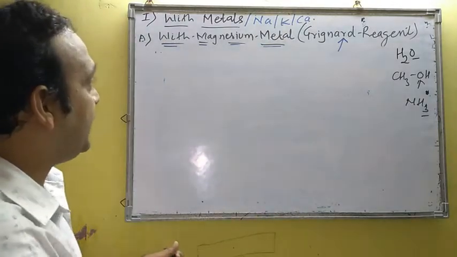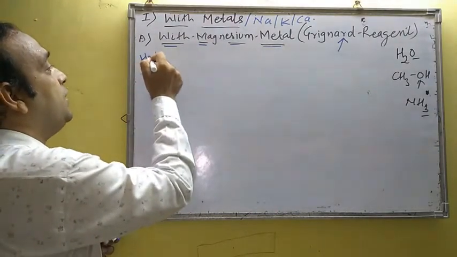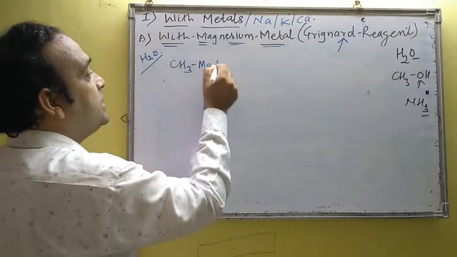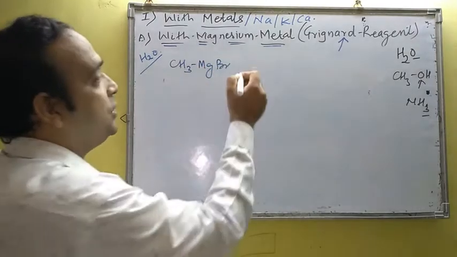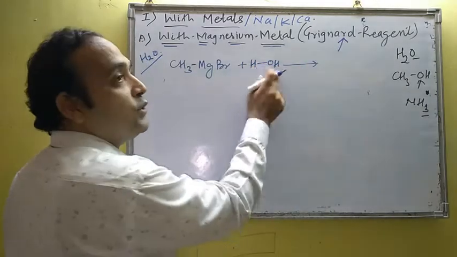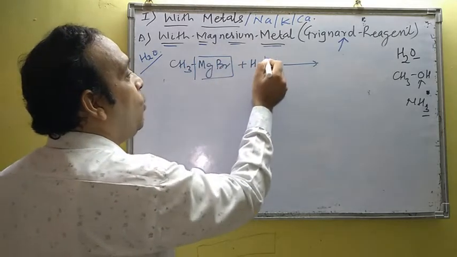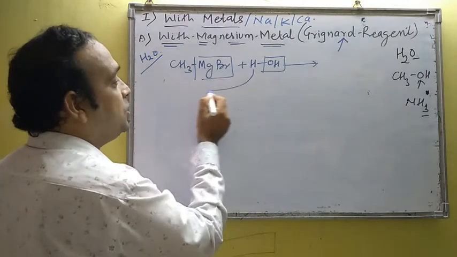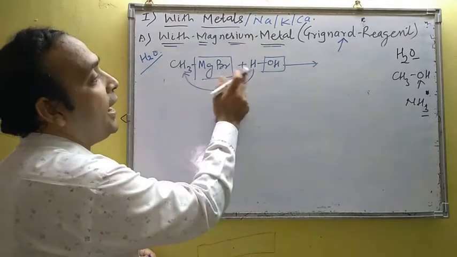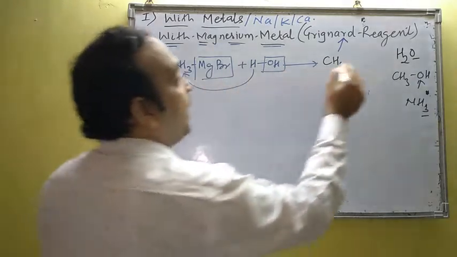For example, I am writing here the reaction of Grignard reagent with water. First point, reaction with water, H2O. Now see, this one is your Grignard reagent, CH3MgCl, MgBr or MgI, plus it reacts with water. Water we can write as HOH or H2O. Now in this case, MgBr and OH, this part is eliminated and hydrogen attaches to CH3. Now hydrogen attached to CH3 means this H converts it into CH4, plus my remaining part is